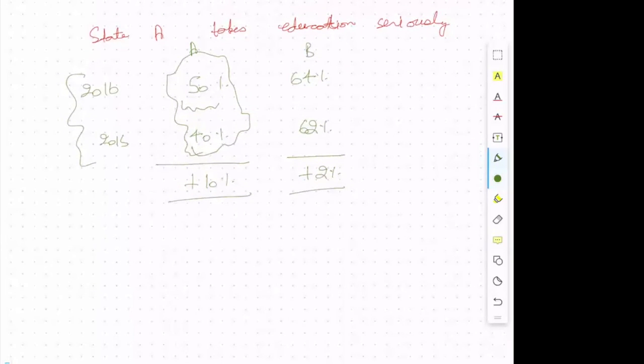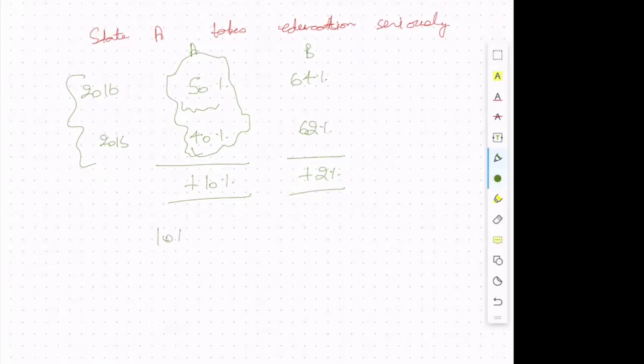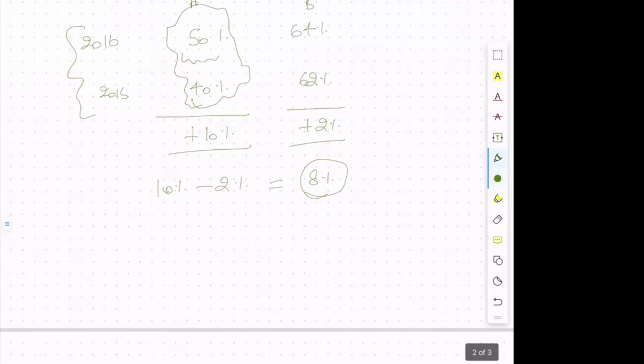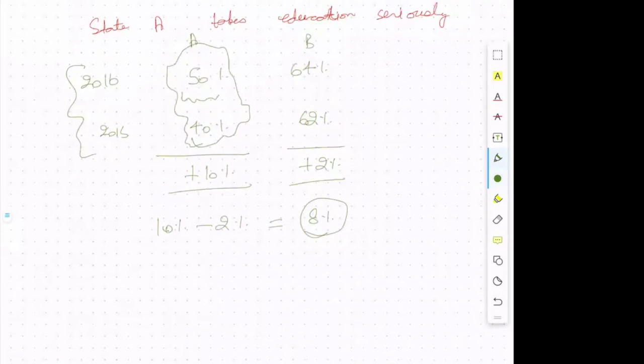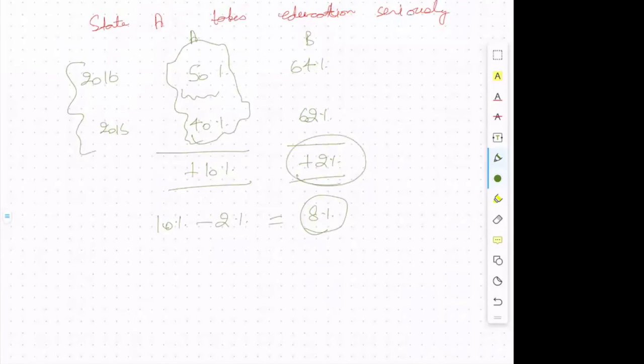So in this case, since we have these two numbers, what we can do is take the difference of these differences, that is, we do 10% minus 2%, and we say that college enrollment increased in state A by 8% as a result of the policy. We can see how this takes care of the two problems that we were having earlier. One is that we were not sure whether this increase is generally happening over time or due to some other national level policy. And for that, we can use the increase in state B, and we can subtract that from the increase in state A.